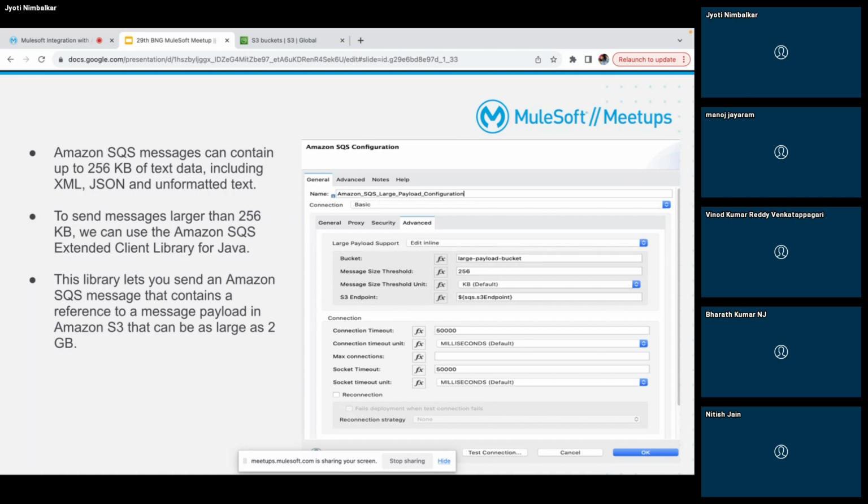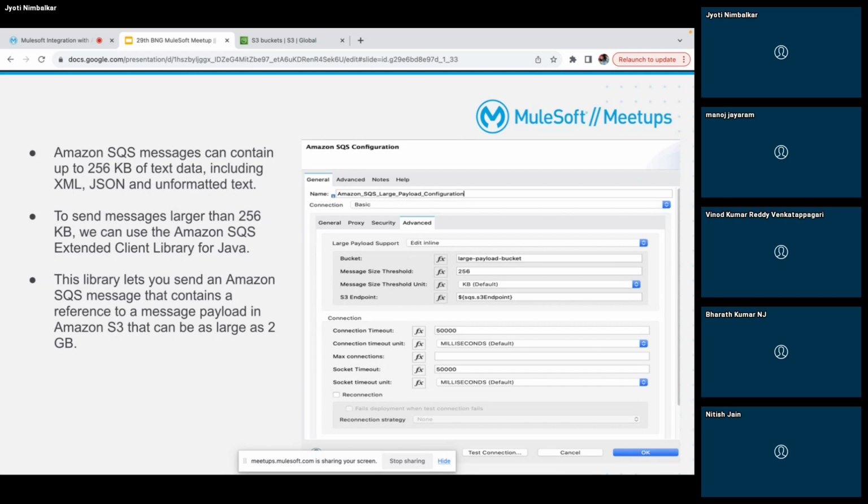But when I actually had this requirement, in the demo that I'm giving today, this is from my project solution itself. We were receiving IDocs which we cannot split, and we cannot compress either, because in future we might get a huge payload which, even after compressing it, might cross this 256 KB limit, right?